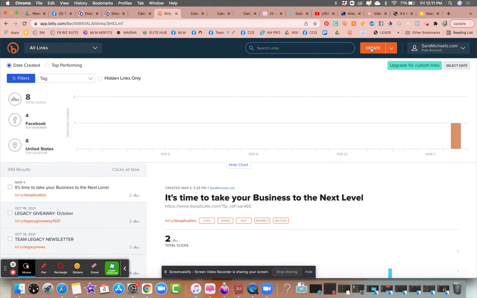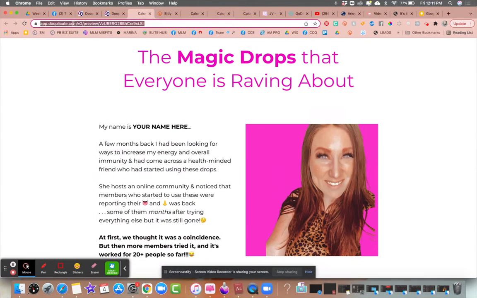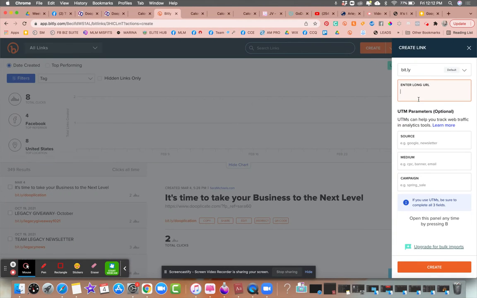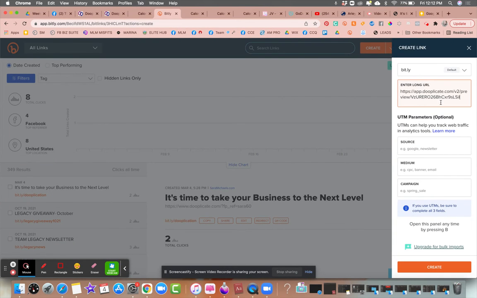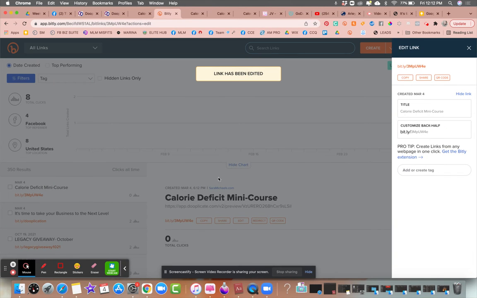So I can click on create, and the link to the page that I copied, I can paste right here, and then click enter. Now it's asking, what's the name of this page? And I will say unicorn drops funnel page.